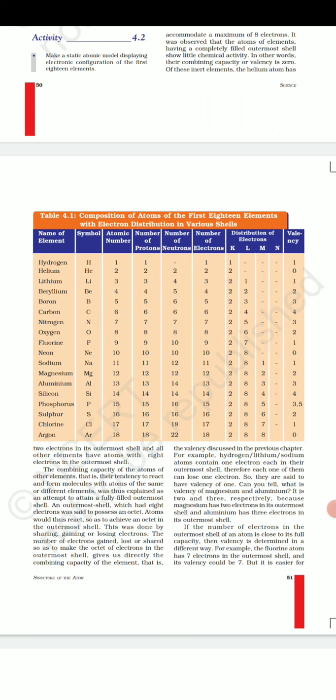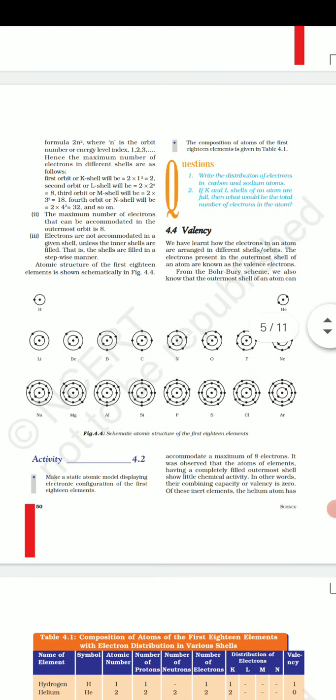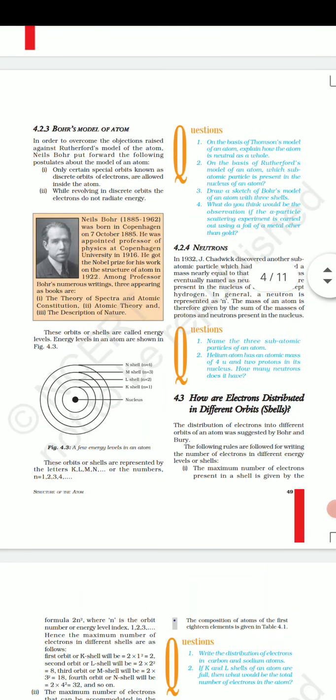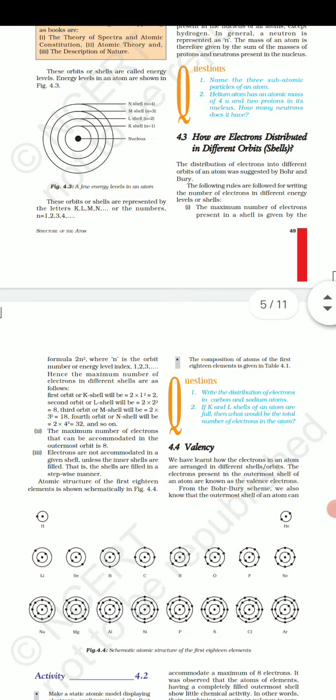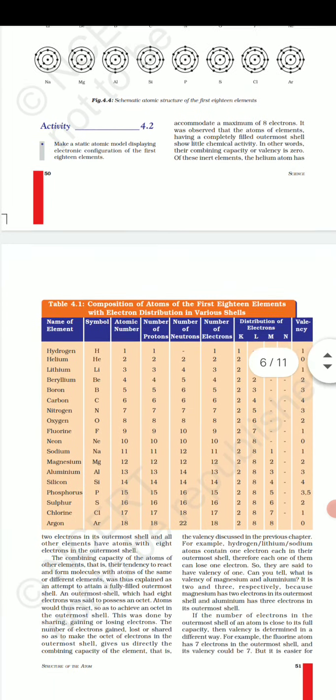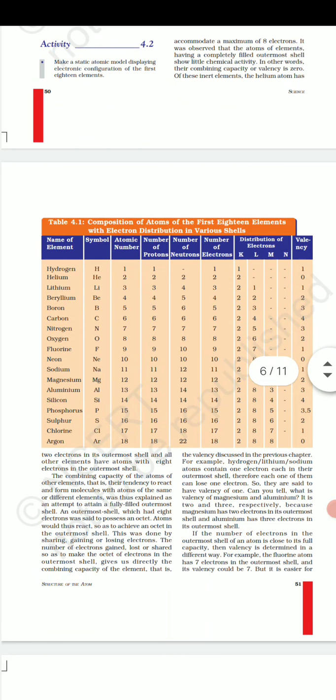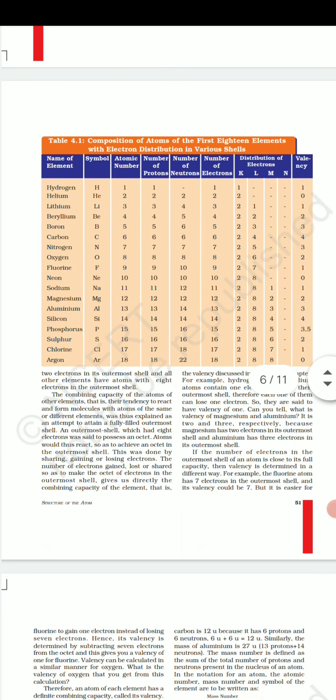Now we have to do the electronic distribution of these electrons. We have done the Bohr model. Bohr gave us this model in which in the center is the nucleus and outside the nucleus are the shells in which electrons are revolving. Electrons are revolving in these shells. Now how they are distributed in these shells, that is what we will do now. So Bohr has given us K, L, M, N shells.